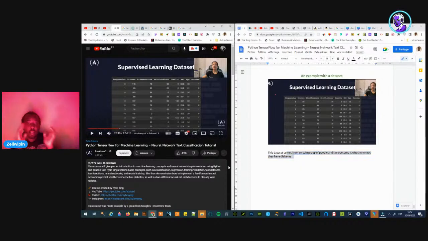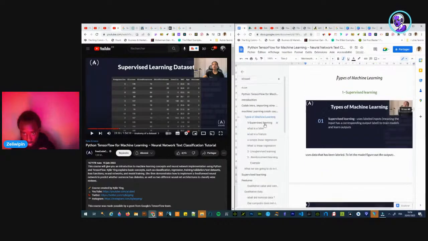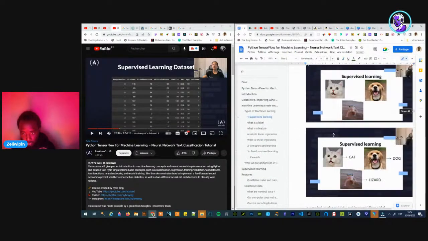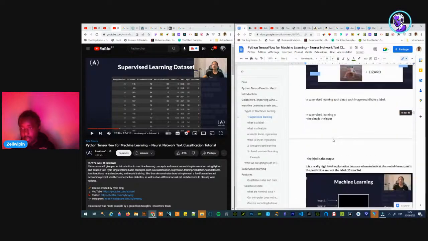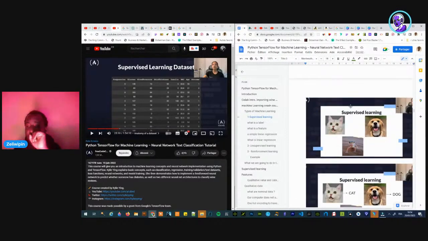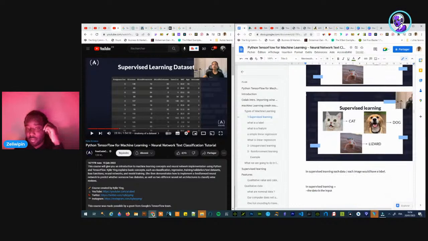Basically, if we go back to the example of classification, the data set might be like the cat that we see there, and the outcome might be just the label.